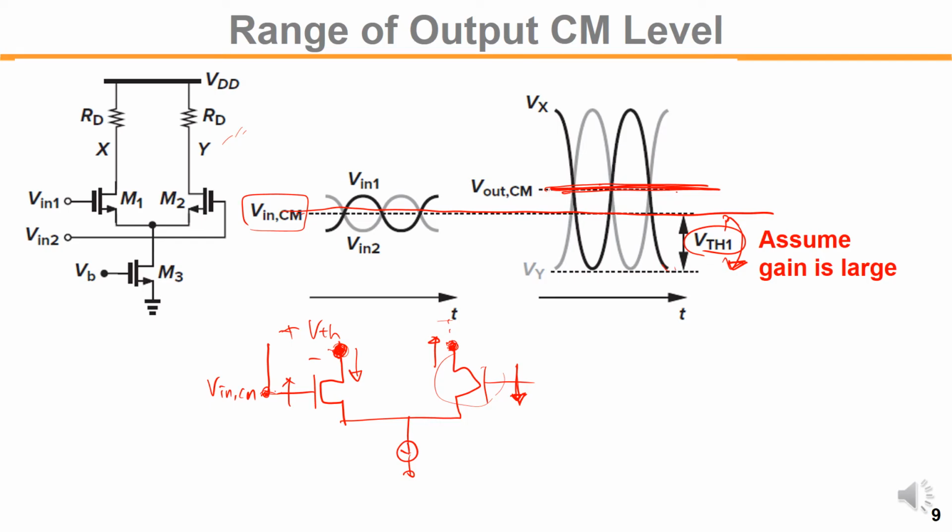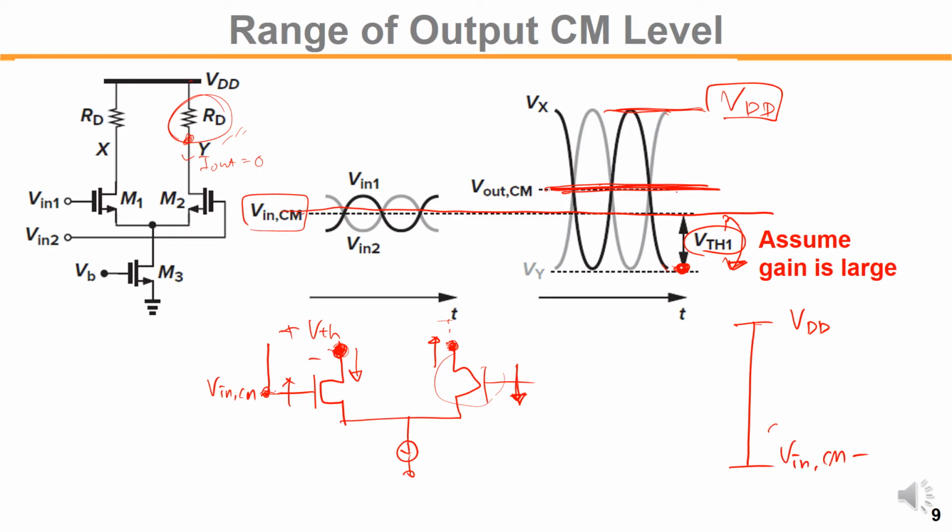Once you know the lowest voltage and the maximum voltage you can go, the maximum would be VDD in that case, because the RD is loaded, so the I out equals 0, then the output VY will go up to VDD. So the maximum voltage is VDD and the lowest is V input common mode